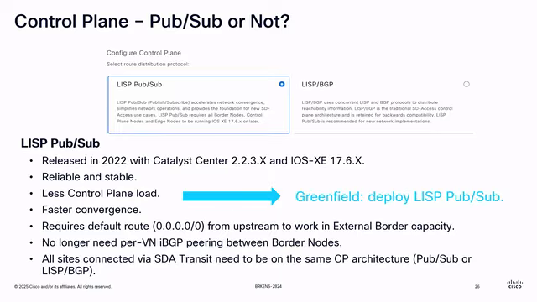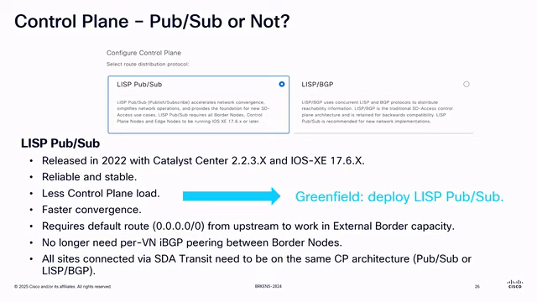All sites connected to SDA transit, remember that's the glue that connects all the sites using VXLAN, have to be on the same control plane architecture. So if you have just one site on LISP BGP, all sites connecting to this SDA transit have to be on LISP BGP. Or you migrate this one site to PubSub and then